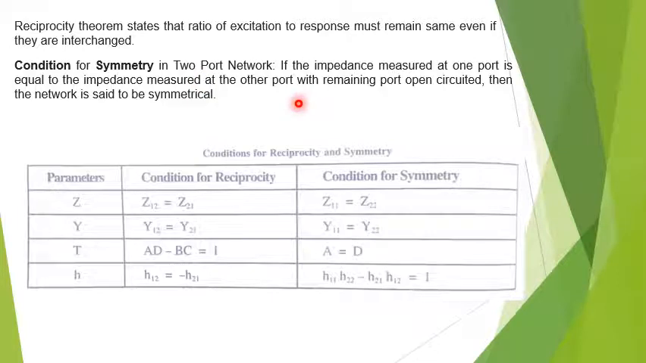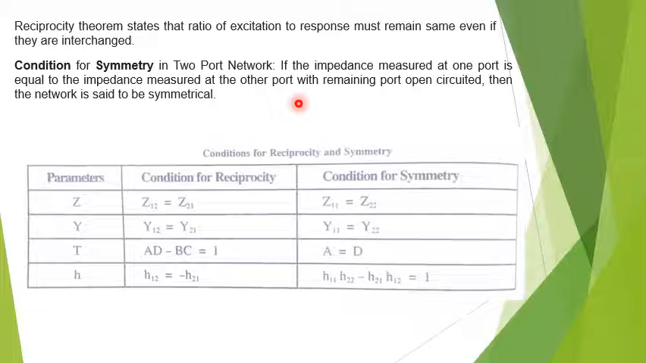If the impedance measured at one port is equal to the impedance measured at the other port with the remaining port open circuited, then the network is said to be symmetrical. So in other words, if I want to express this condition of symmetry in terms of an equation, so if I